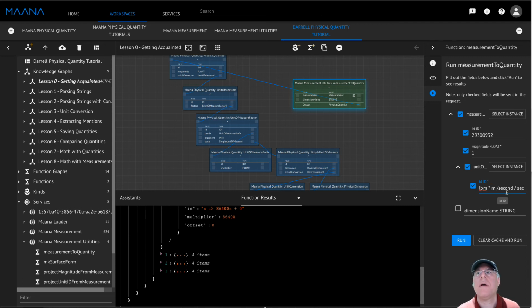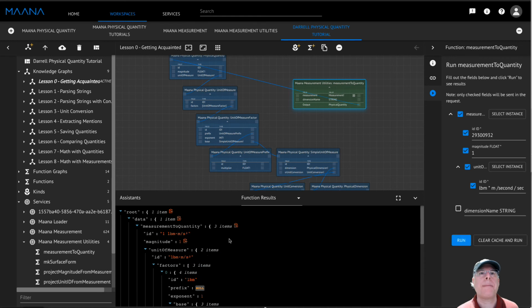All right, so pounds, meters, second per second, and I know that it'll parse that or convert that. So yeah, we see we've got pounds mass meter per second squared, which is what we'd expected. It combines these seconds into a single term raised to the second power. That's great, but let's say that I want to be certain that this was the right dimension. I know that this is converting it to the right unit of measure, but let's just make sure that the dimension is correct. So the second argument lets us guard against